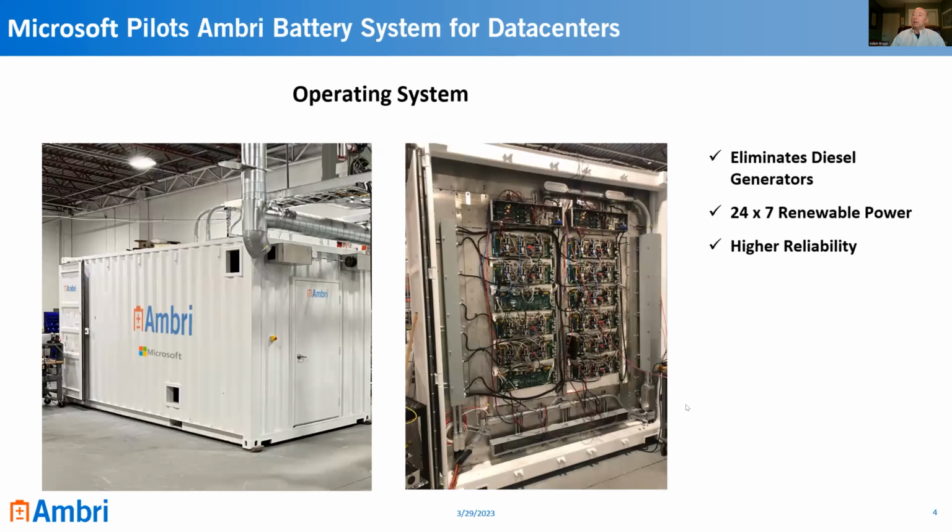This is the first pilot system that I talked about, which was done for Microsoft's data centers. So this is a 20-foot container. It actually only has about 264 cells in it, relatively small utilization of the space inside this container. You can see actually in the picture on the left, there are some open holes in it. The batteries are only in about the far left side of this container. And looking in at that left side, this picture on the right, you can see